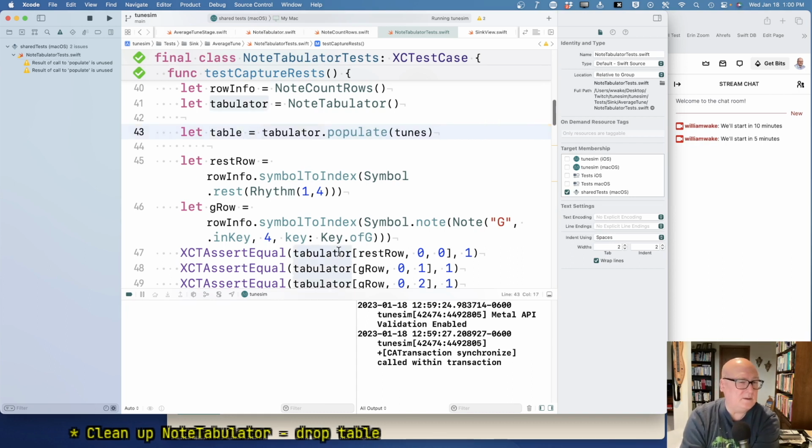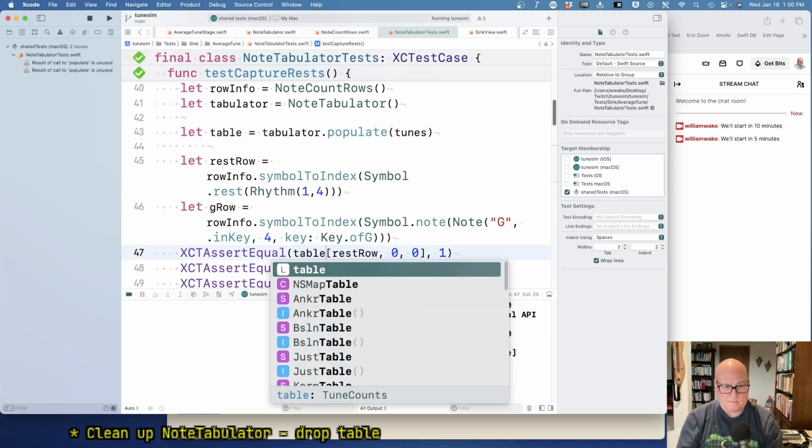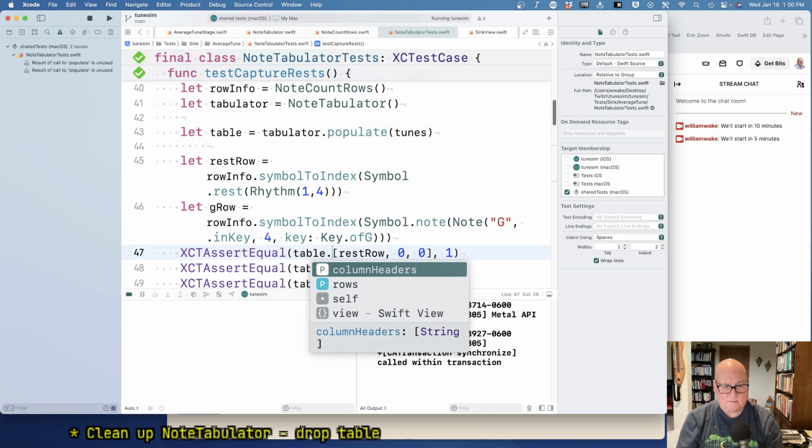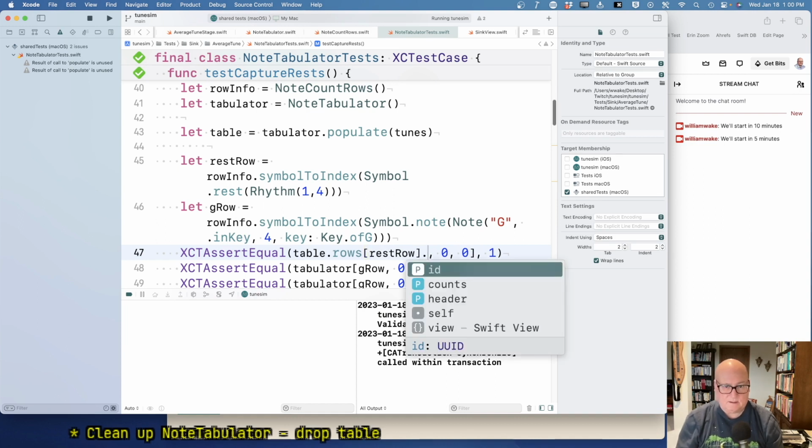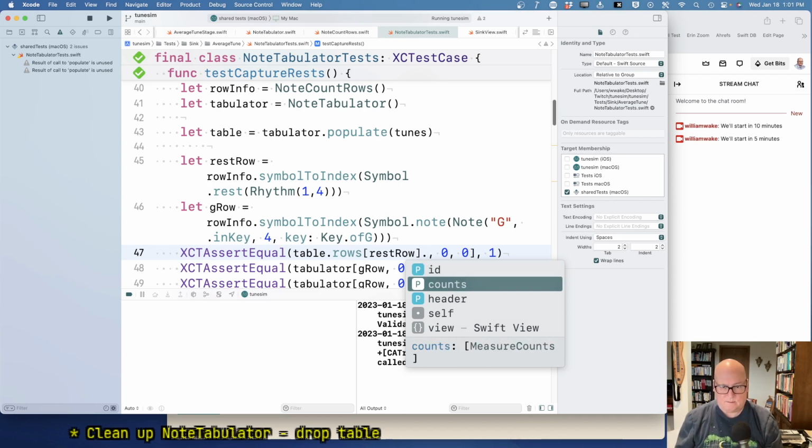Okay, so now instead of this, I think we need to go through table. Table dot rows sub rest row, yes. Dot counts